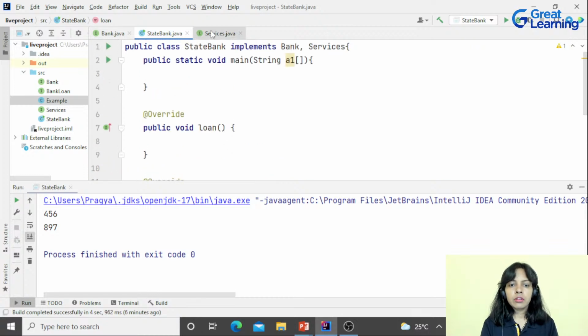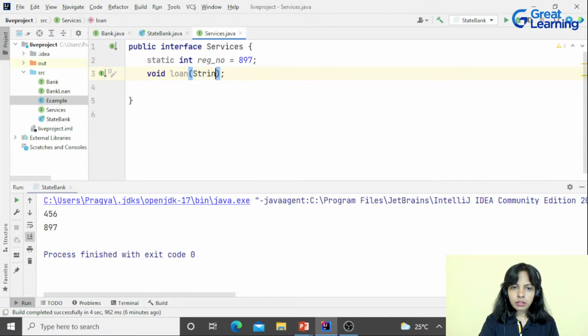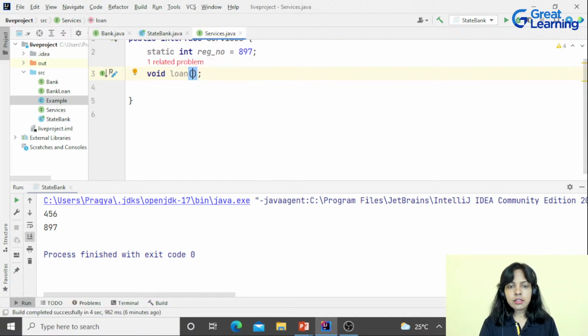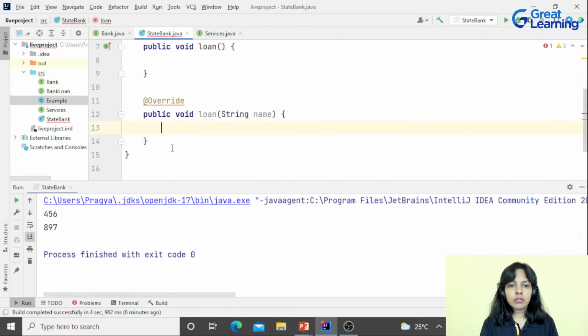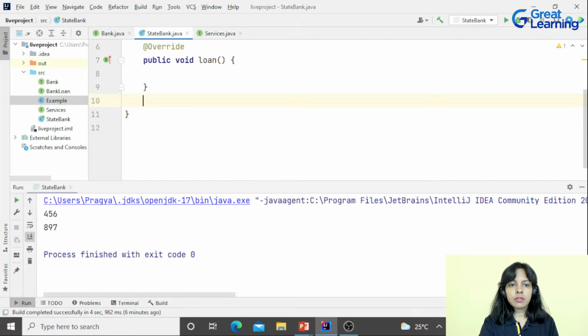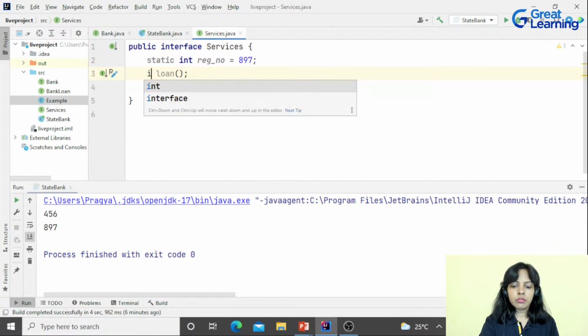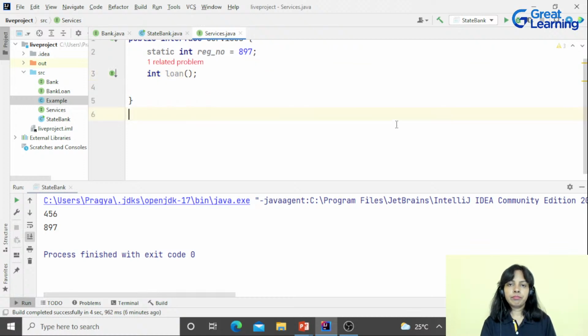Now, I will change this. Okay, I'll have the same methods now in the services interface as well as in the bank interface, but the return type will be different here, suppose. Now what will happen?